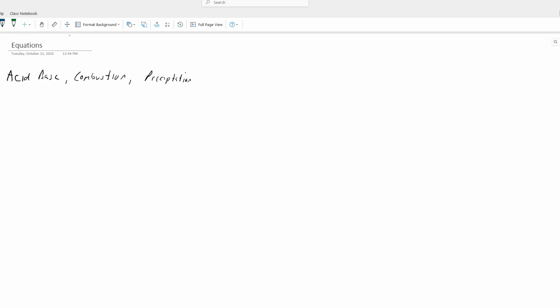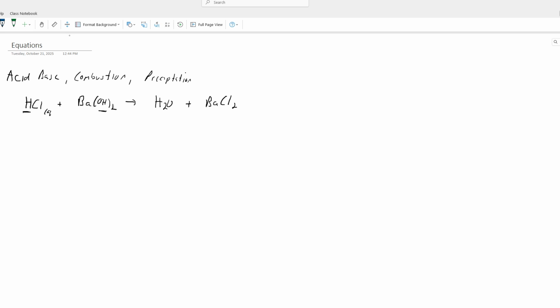Let's take these in order, I guess. An acid-base reaction. This might be something like HCl, which is an acid. It's going to be aqueous. Plus, let's just do barium hydroxide, Ba(OH)2. This is an acid-base, and I'm just going to give you that. You better be able to recognize there is an acid because there's an H, and there's a hydroxide, which is the base. And the products for an acid-base are always water plus the salt. In this case, it's going to be